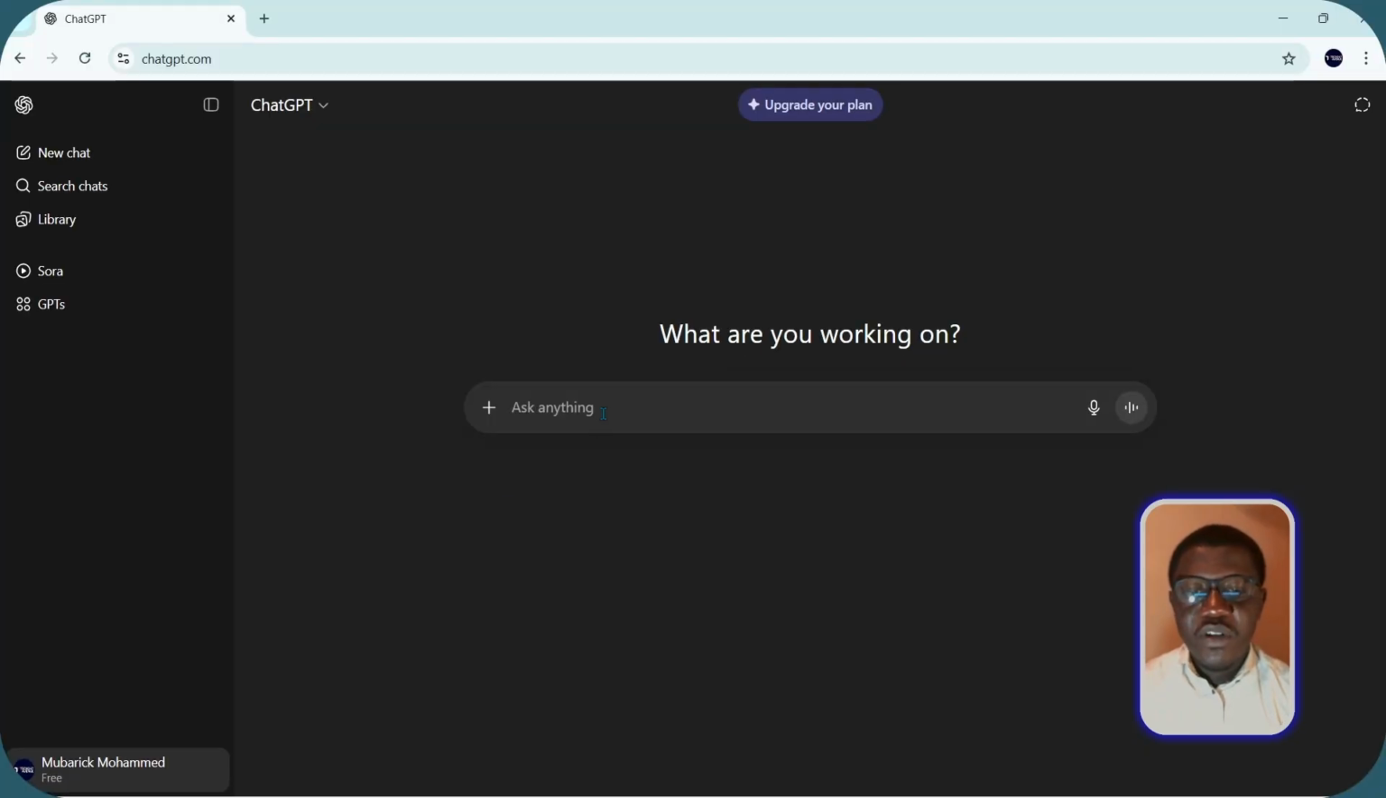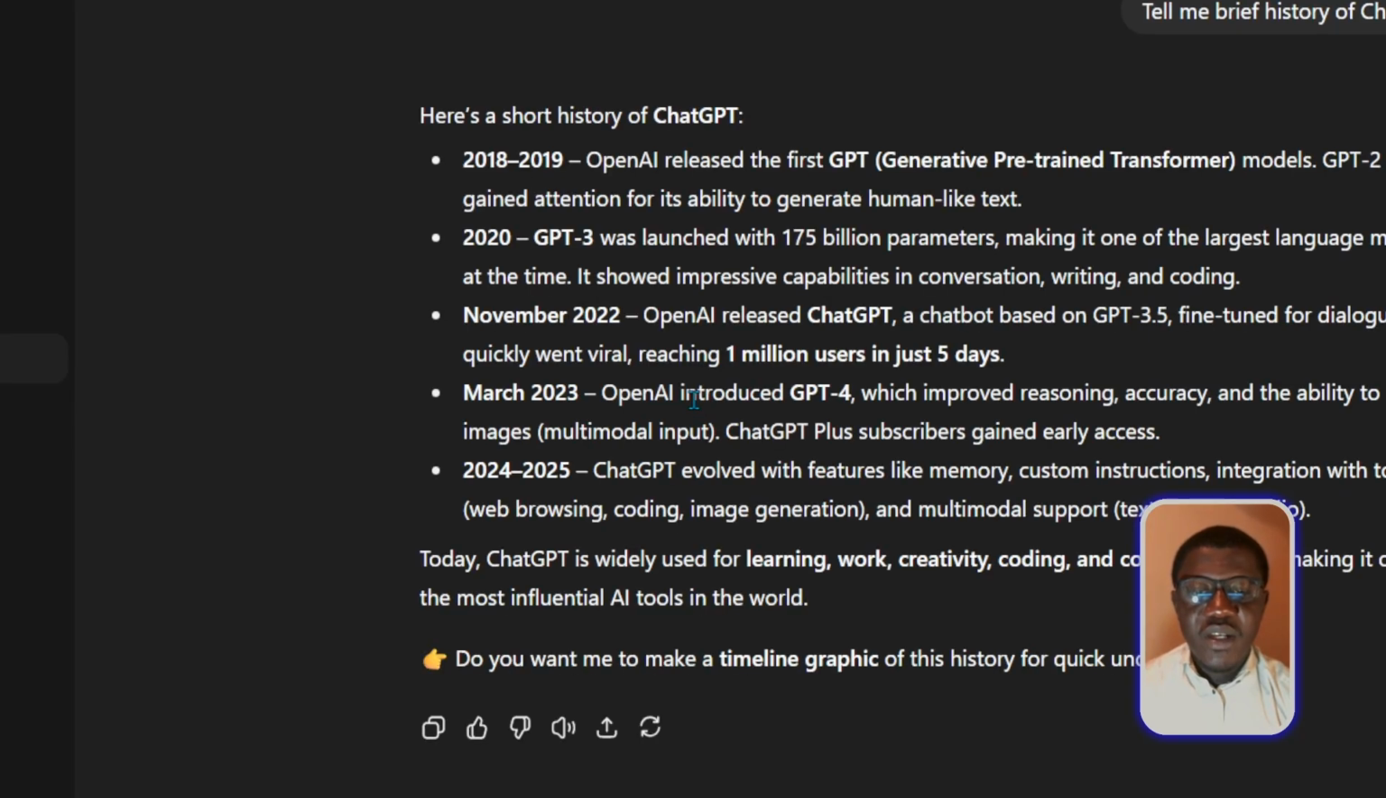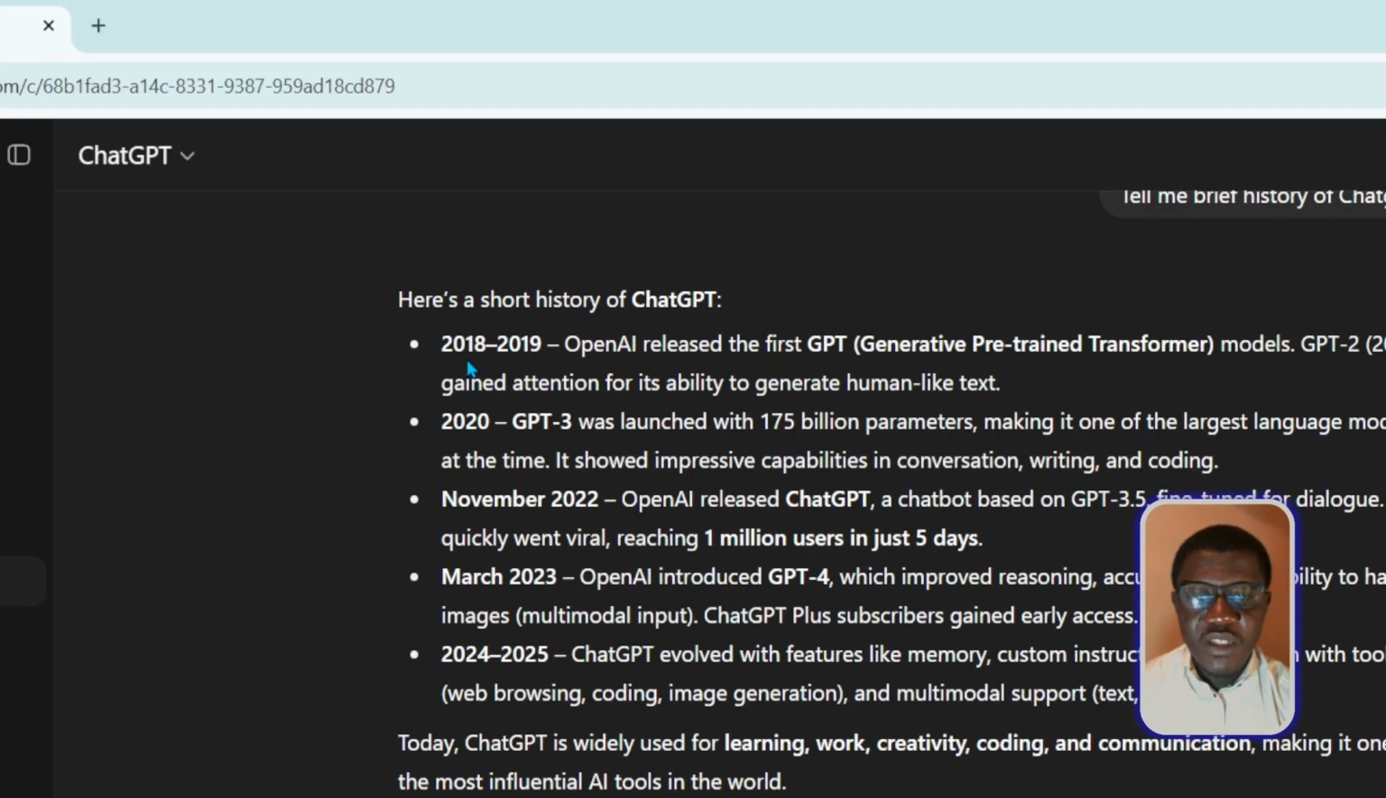In our prompt box, we are going to test out some of these key features on ChatGPT, and I'm going to ask ChatGPT to tell me a brief history of ChatGPT and hit enter. As you can see, ChatGPT has provided us with a brief history of ChatGPT, that from 2018 to 2019, OpenAI